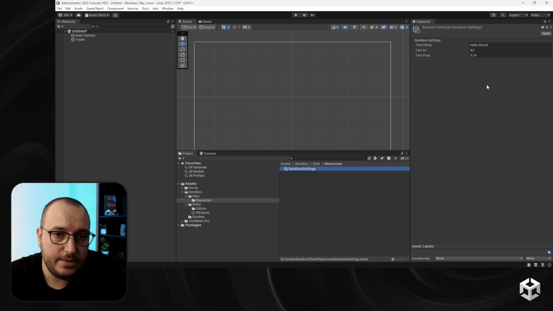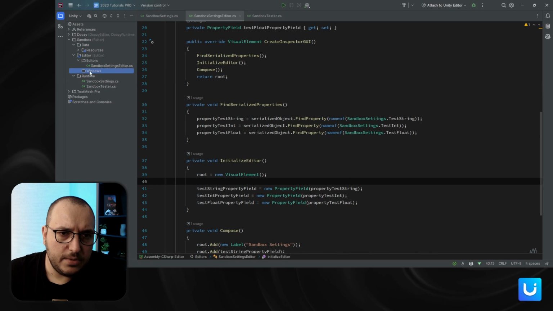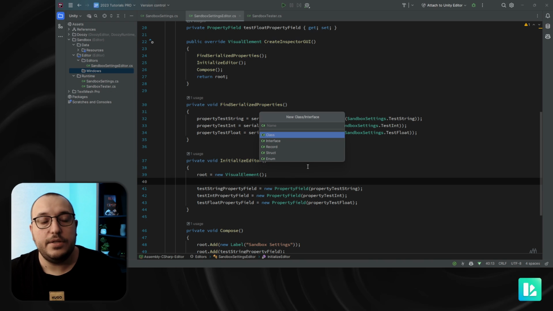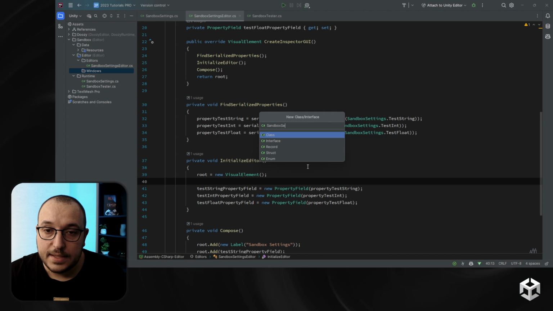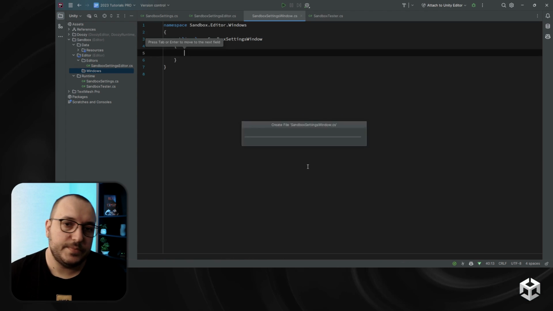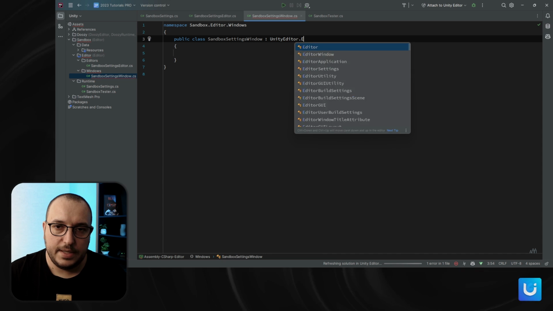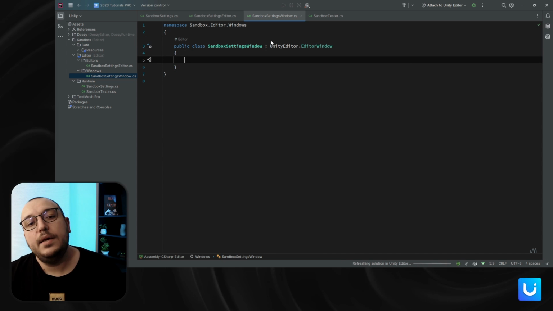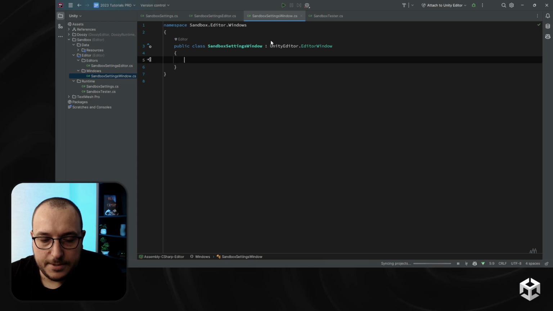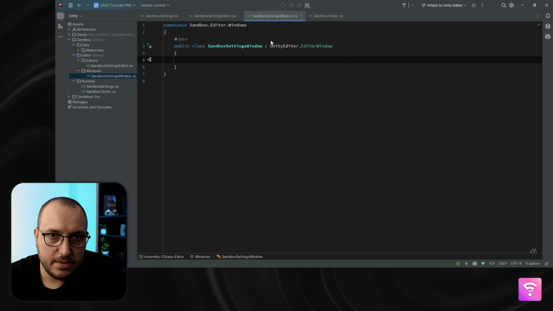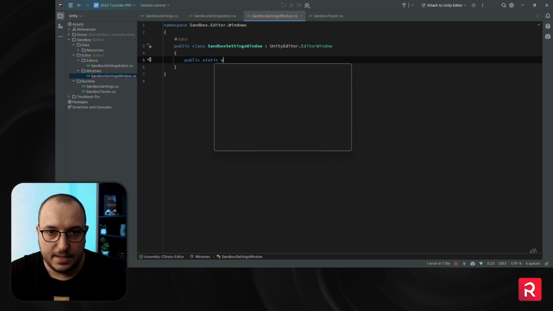I need to create an editor window, right? So I'm gonna show you that. So under Windows, I'm gonna create a new file called sandbox settings window. There you go. And here, this is a Unity editor window, right? In order to open a window, you need a static method, and that method, I'm gonna call it open. I'm gonna say public static void open,